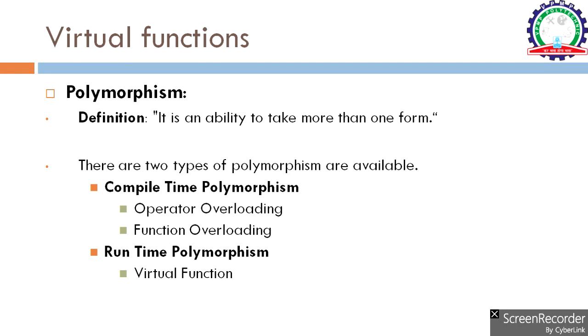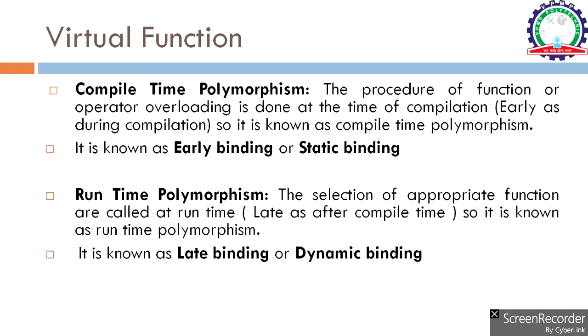In function overloading, we already discussed that the same function name is used to perform different tasks in the same program. So it is known as compile time polymorphism, right? Now the second point, runtime polymorphism, includes the use of virtual functions. Or we can say, if we want to implement runtime polymorphism in our program, then we should use virtual functions, right? So now let's see what a virtual function is.